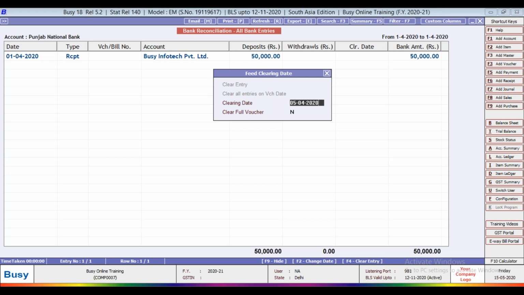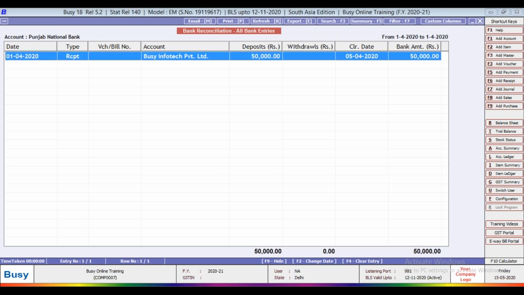This option is shown by pressing F4. When you press F4, this option will show. Now it will ask for clearing date and clear full voucher or partially. So clearing full voucher. Now it is showing clear date and bank amount showing 50,000. Now save.